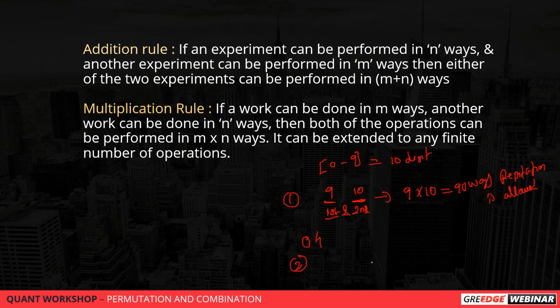Now, the second case, when repetition is not allowed. In the first digit, it remains the same, 9 ways. What about the second digit? This cannot be 10 now. Why? Because we have already used 1 digit, so we are left with only 9 digits. Again, the conjunction is and, so we multiply 9 into 9. So this will be filled in 81 ways. Out of 81, 9C1, both are same, but we can directly use the value instead of going with the combination here. Got it now?